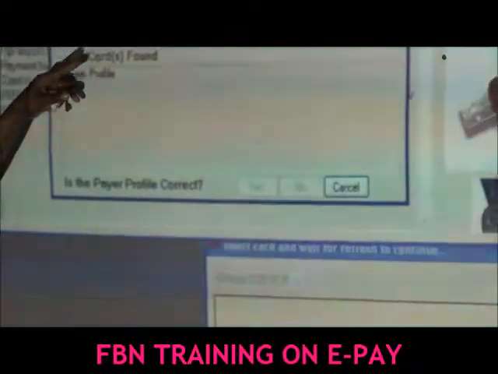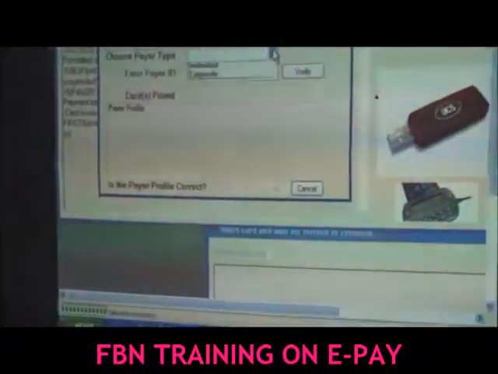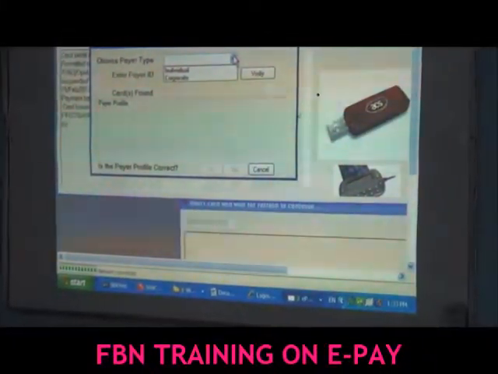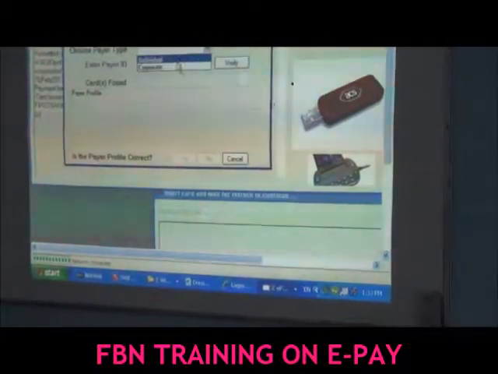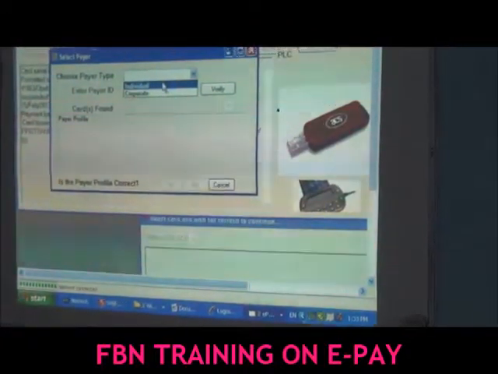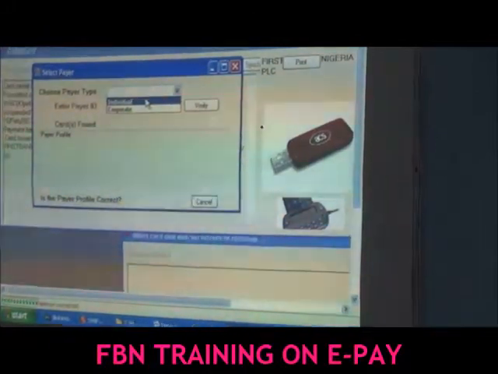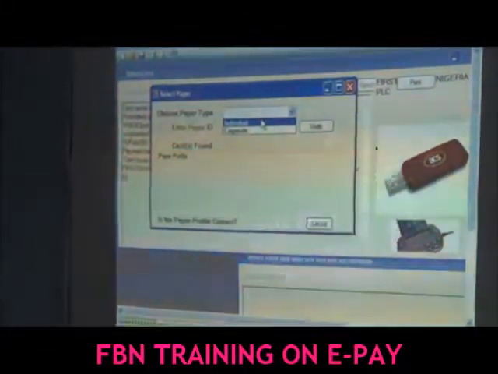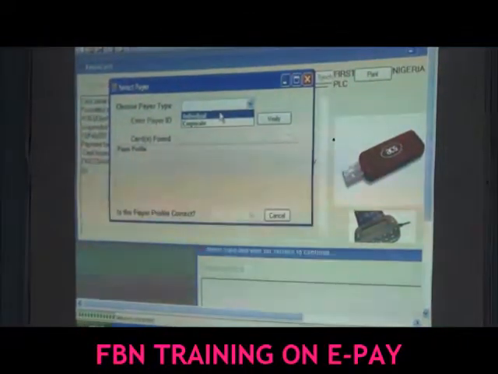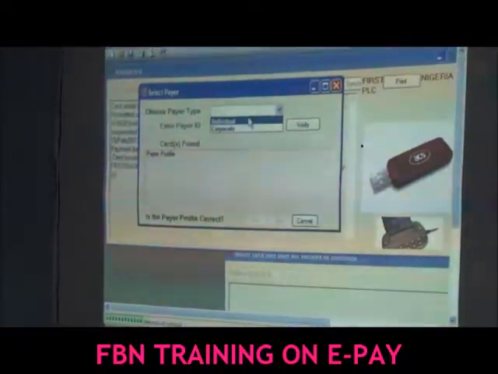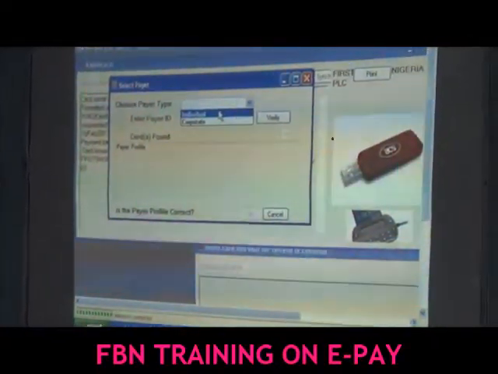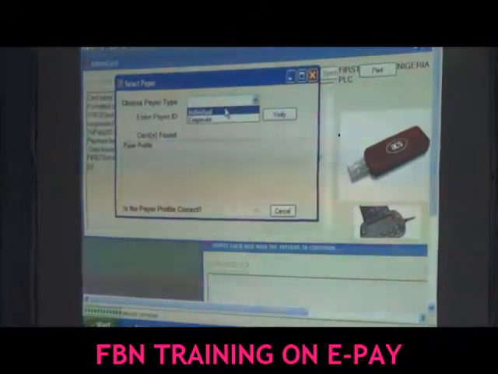Now you come here. It's telling you to choose the payer type. There are 2 types of payers: individual and company. Like I said in the morning, if it is an individual, you cannot do PAYE.